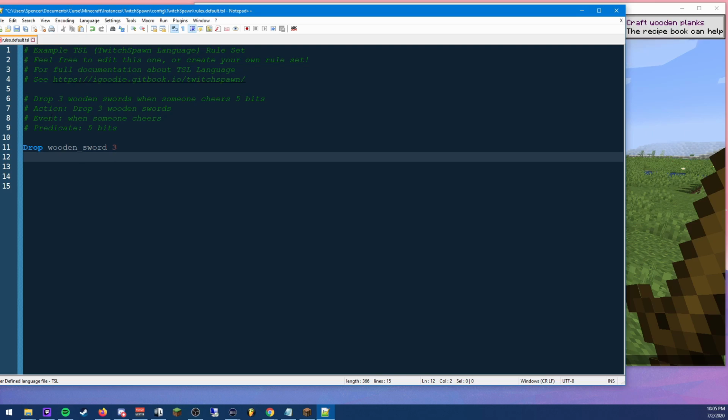And I like to break up my action, event, and predicate into different lines, which is why I'm doing it this way. You could theoretically do it all on one line, but I think that's really hard to read. So drop wooden sword 3, and then the event is when someone cheers. So let's go back to the